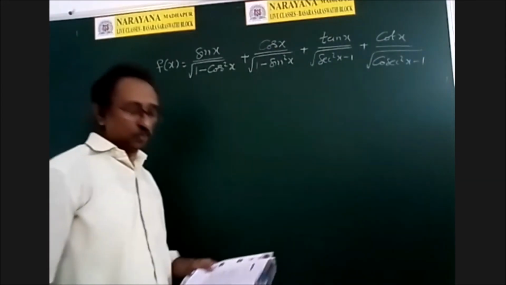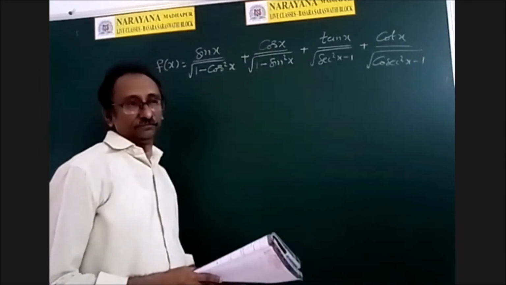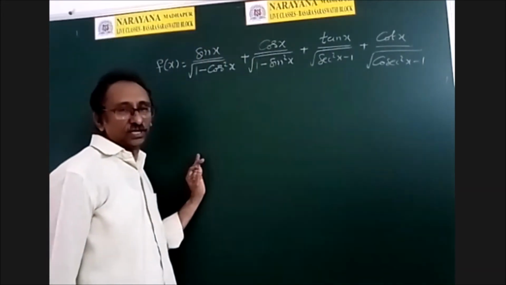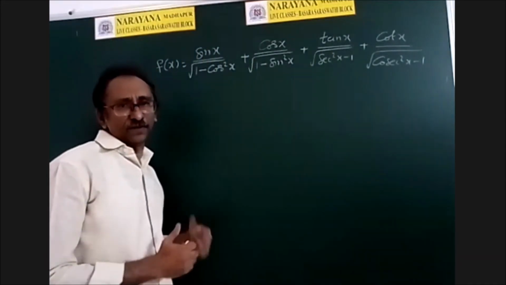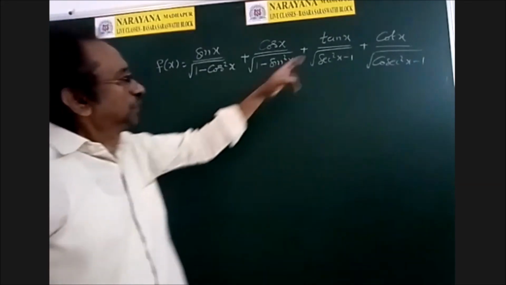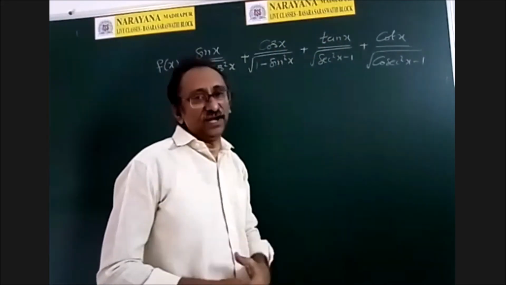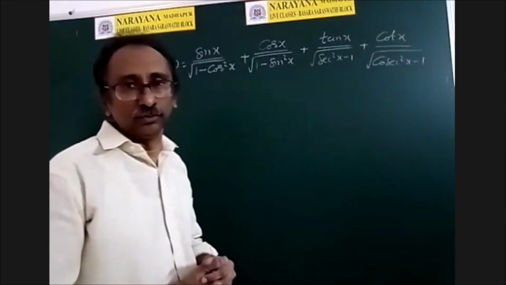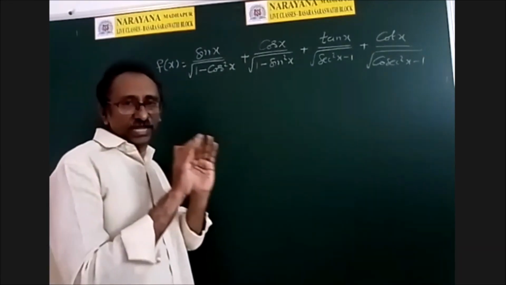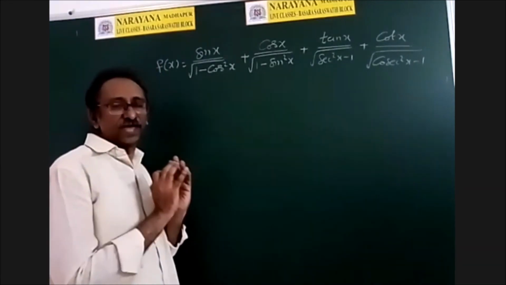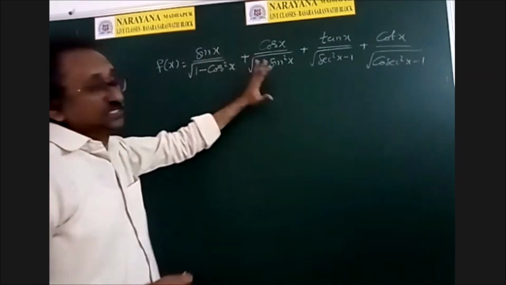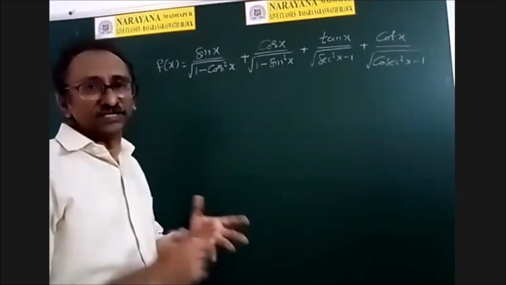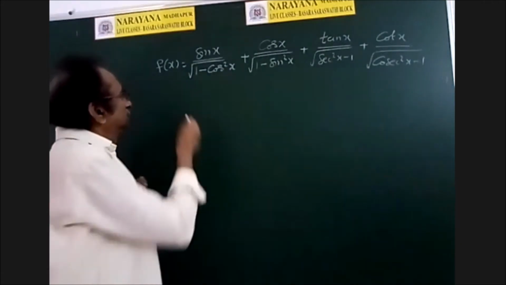See how clearly the question is given. Whenever it is defined for those values of x only, find the maximum value. Otherwise we can ask him. Suppose x is pi by 2, this is not defined, then what to do? If x is equal to 0, the function is not defined, then what to do? So he is saying that don't take those values. Take those values of x for which the function is defined. Among all those values, what is the maximum value or what is the minimum value? That is the question.